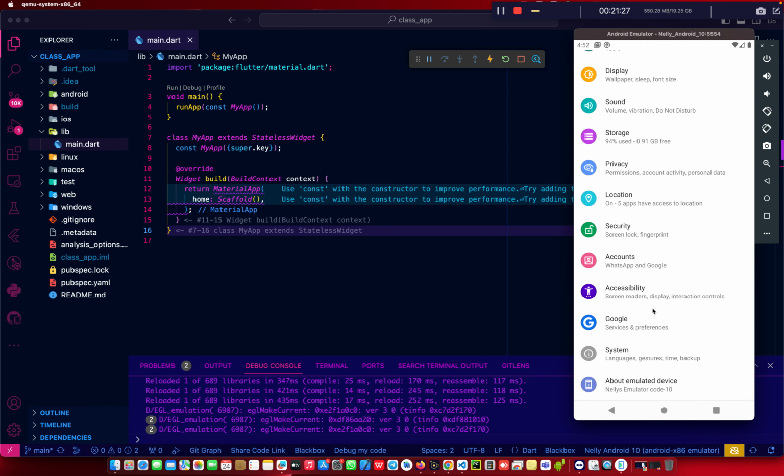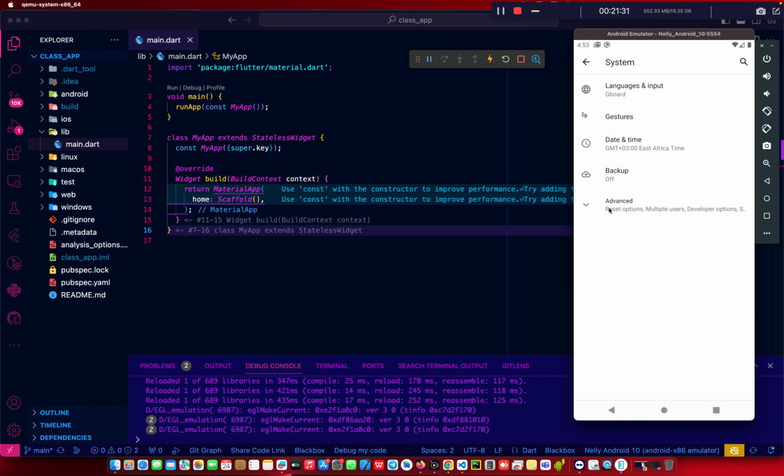So for this emulator I get the developer options down here. Under system, then I get developer options. By default, these developer options are not there in your system unless you become a developer. So to make yourself a developer, you go to build number, then you tap it those many times. Usually there are 4 or 5, I think. Then after having those